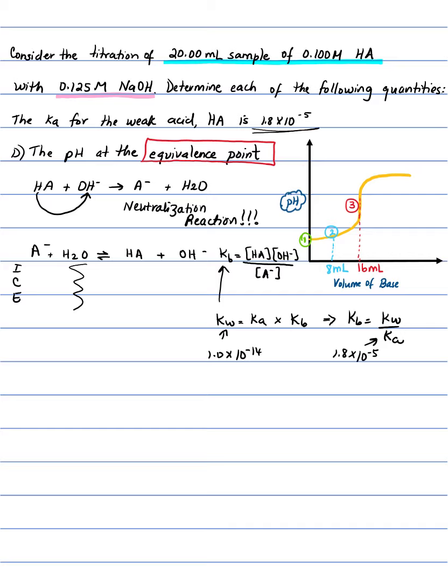We need a number right here, how much of the conjugate base I'm starting with, and from that conjugate base, how much is actually being converted to your products, which is the molecule of your weak acid and the hydroxide ion. So to find out that initial concentration of your conjugate base,